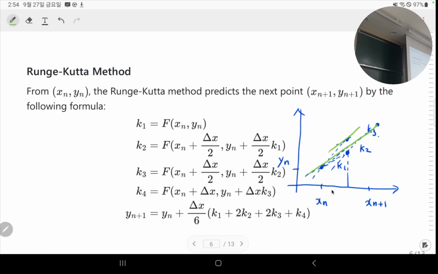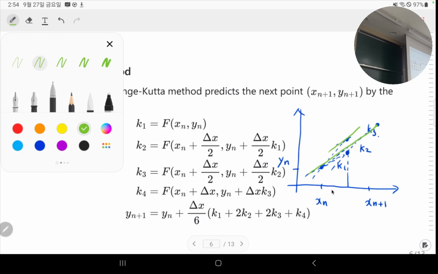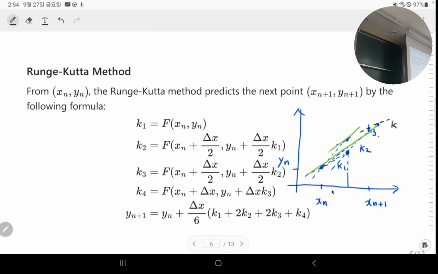Now, finally, so it's not over yet. Then finally, I take the slope here. So that's going to be my k4. So k3 is here. So now we have 4 slopes measured in 4 different places. Okay, I'm going to take the weighted average of these slopes to get the accurate slope to get to the